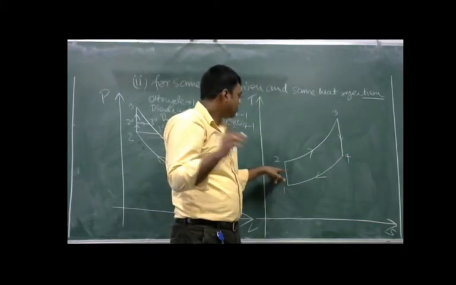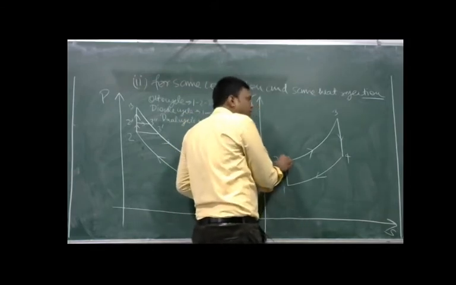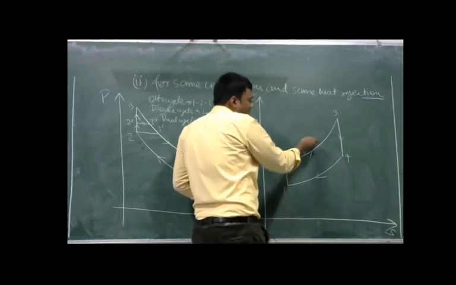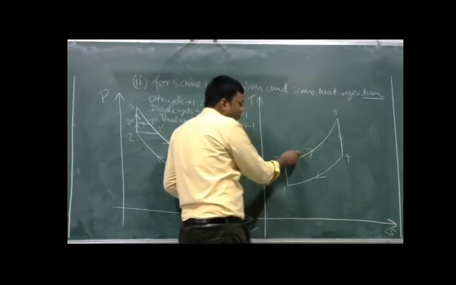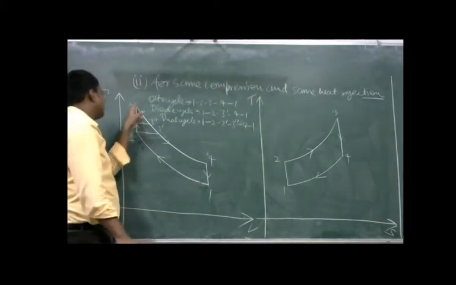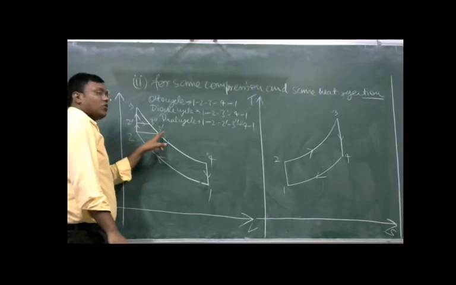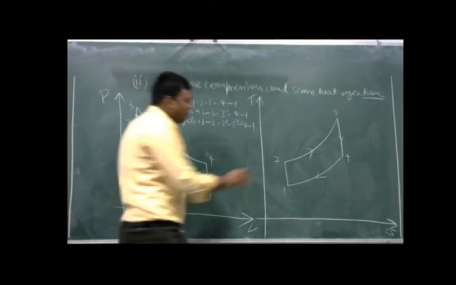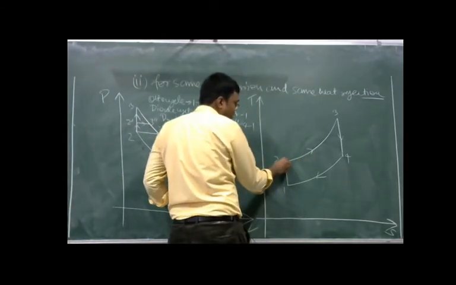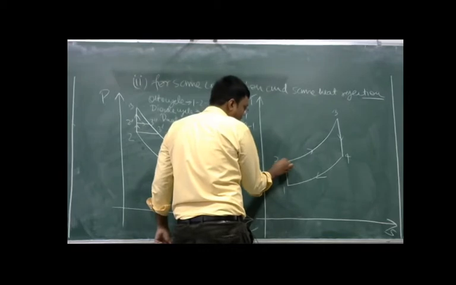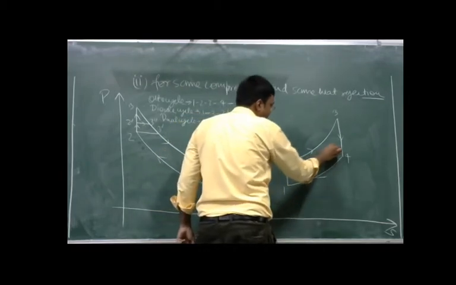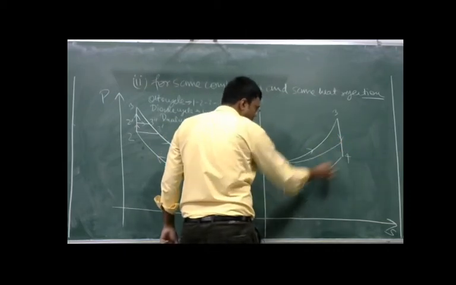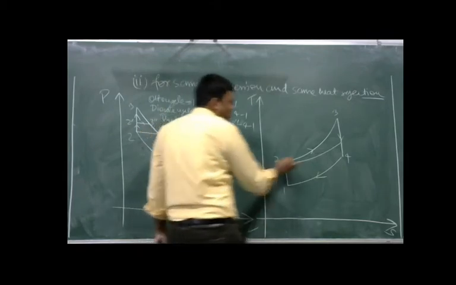So to pass through this line, now I am going to draw the cycle diagram for dual cycle on the TS diagram. So from 2 the slope will be below this 2 to 3 curve, the slope will be less than this curve. For Otto cycle 2 to 3 is a constant volume process, but for diesel cycle 2 to 3 dash is a constant pressure process, and for a constant pressure process the slope is less than a constant volume process. So for diesel cycle the curve will come below this curve. So I am drawing the curve here up to this line because we have to keep this 4 to 1 same. So this is 2 to 3 dash.